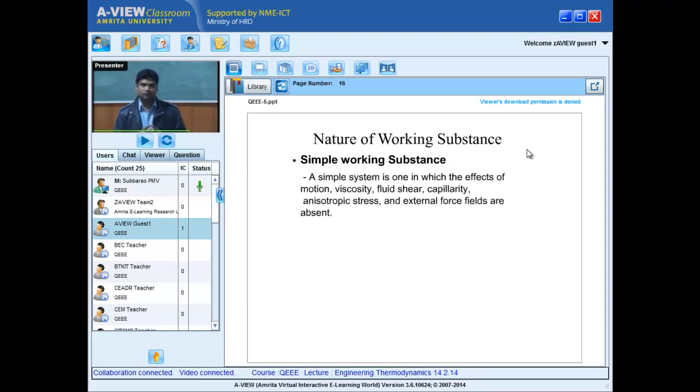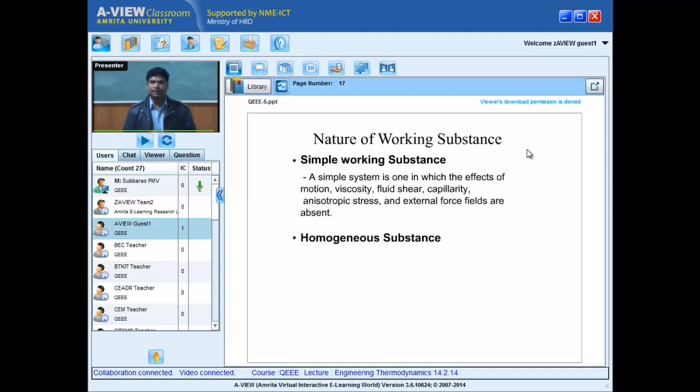So in common engineering thermodynamics, we don't consider them. Those will be considered as special sciences at a higher level. So the idea is that these effects will not change the purity of the substance. They are called simple pure substances. When I heat it, it can change. When I compress it, it can change, but not by these effects. Perhaps this point is very important to start with.